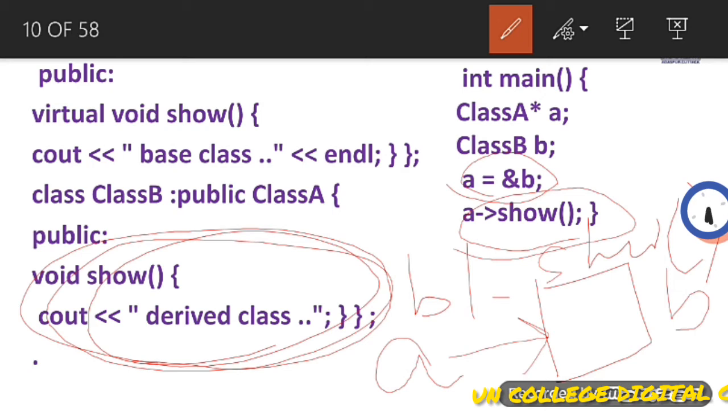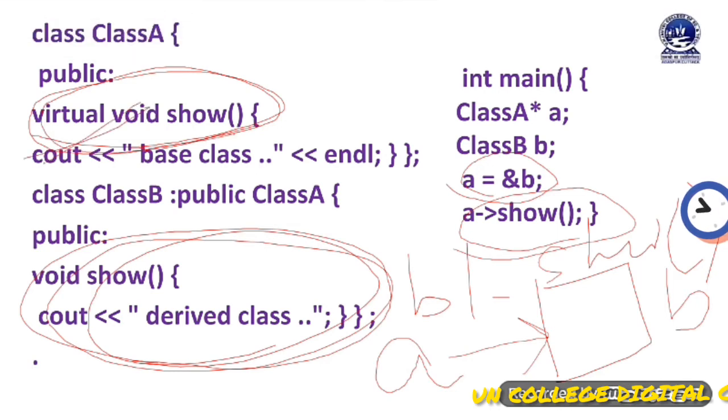I will give another example to explain that concept. I hope you have got a basic concept of virtual function. A virtual function is a function used with the keyword virtual, and a virtual function is implemented in inheritance to implement runtime polymorphism.